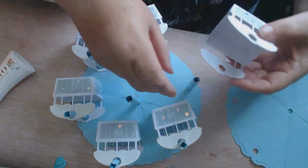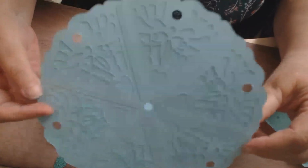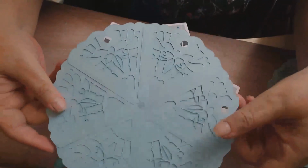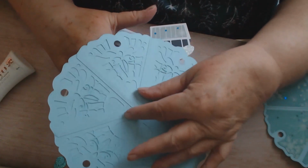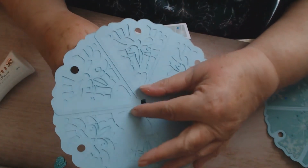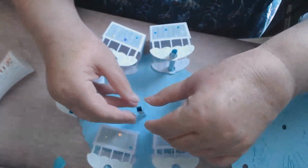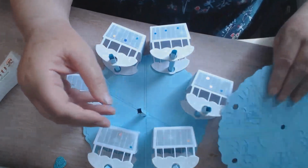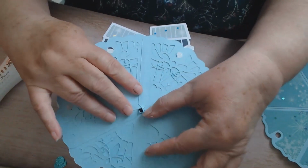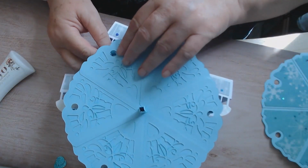Get my washers out the way. There you go. So now this one's going to turn inwards now, because I want this to be, so I'm going to push this in. That's because that one's got a little bit bent. Try and, that's it. Now we can